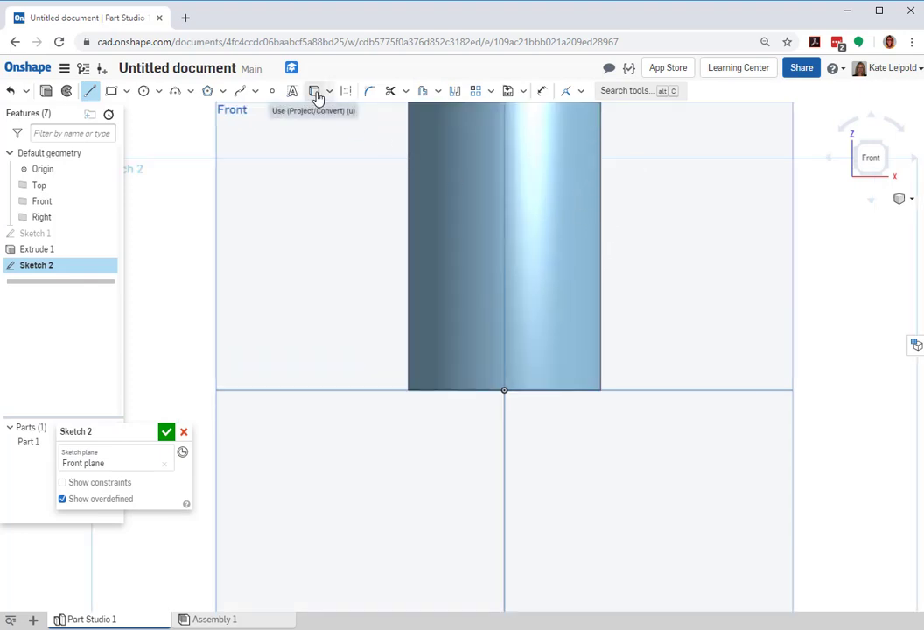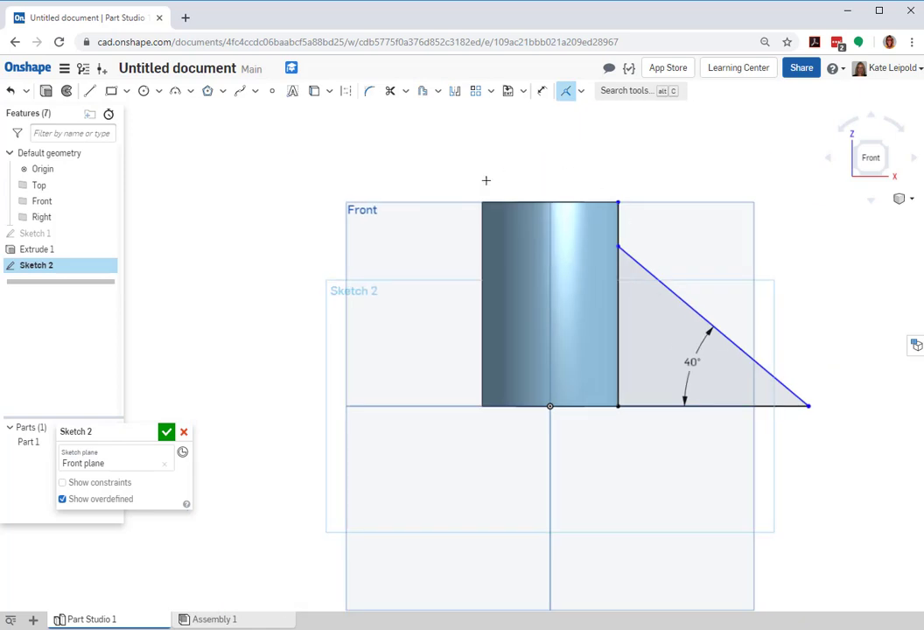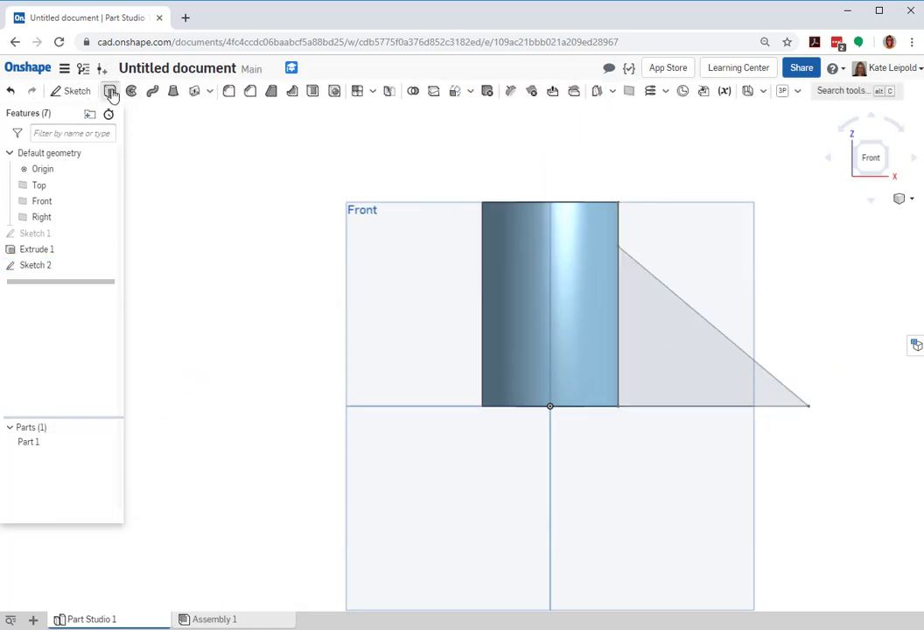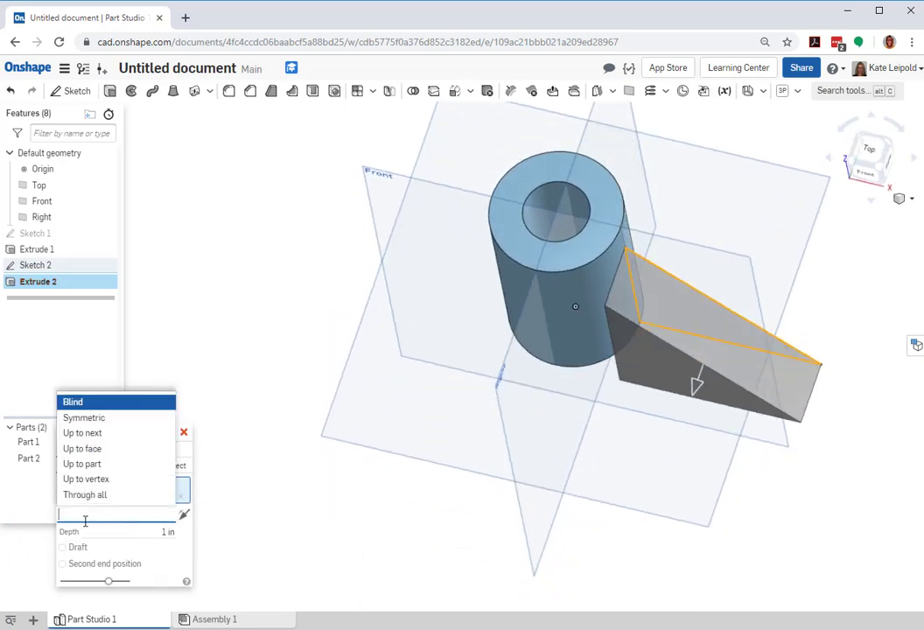The Use Edge tool helps and allows me to pull that edge as a sketch item. So when I finish my triangle, I can add a dimension. Let's make this line stick on the plane and extrude that sketch. So when I try to extrude the sketch,